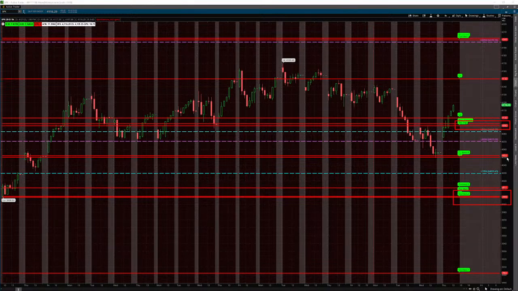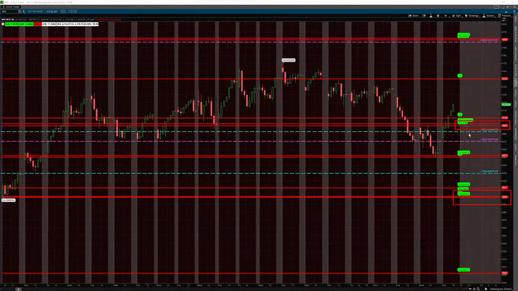And then on the other hand, when price is above that level, market makers' position on the gamma curve is positive, and that means they have to trade against price to hedge their delta exposure, and that tends to subdue volatility. And I'll talk more about that in a few minutes.